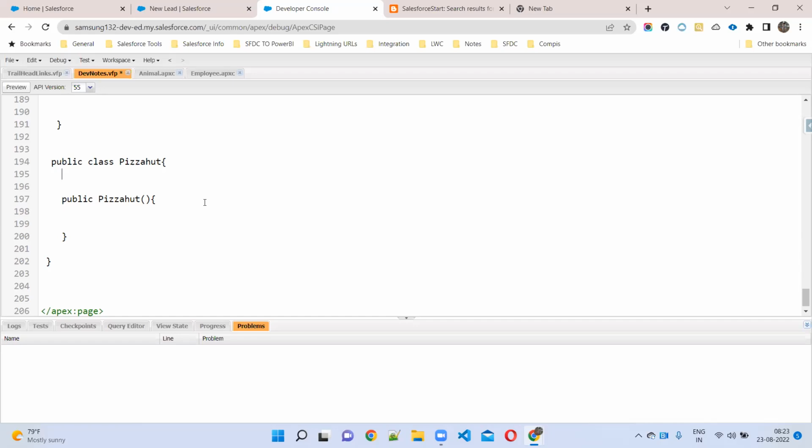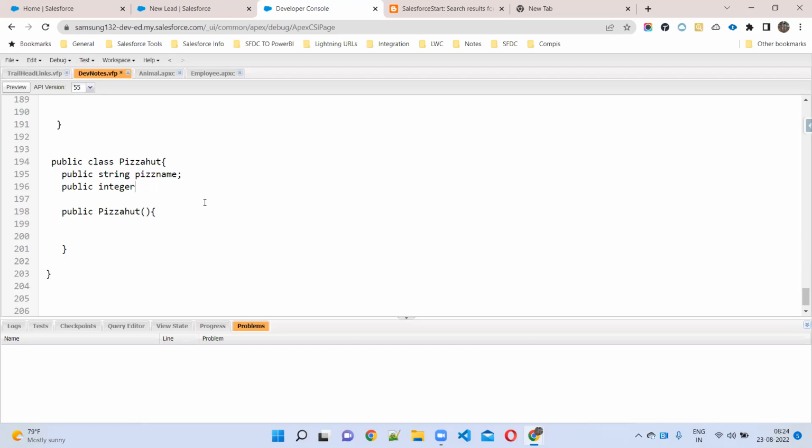Type, size, price. So, public string pizza name. Public integer size, like medium, small.